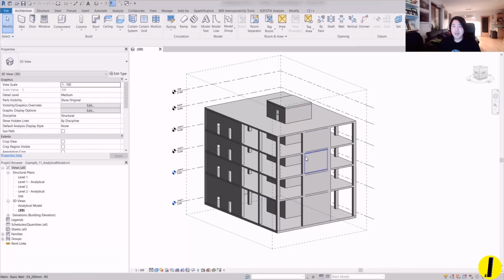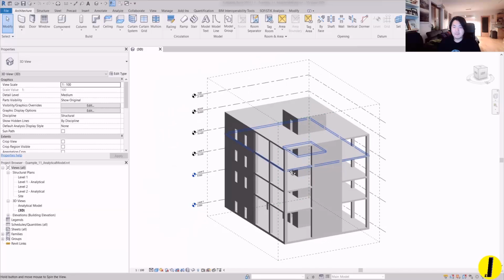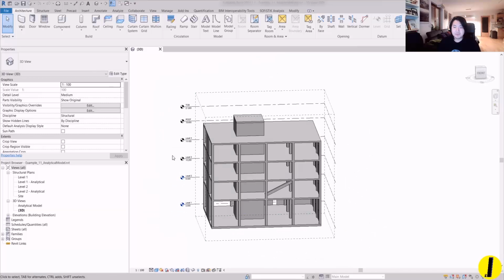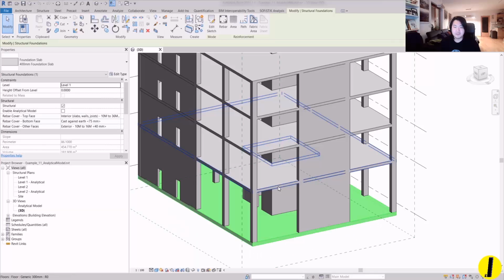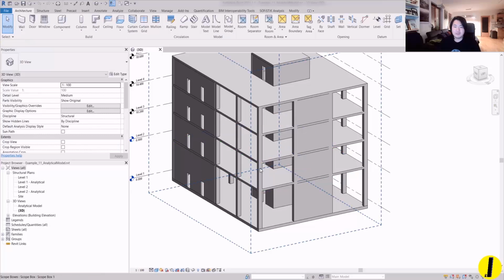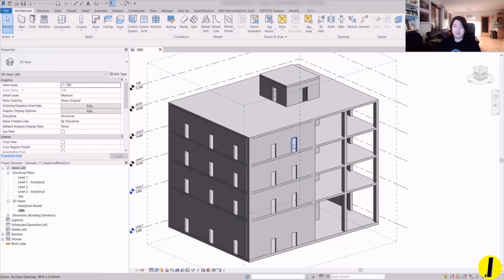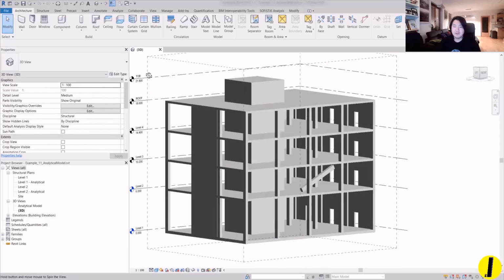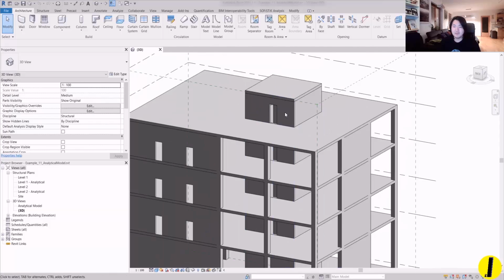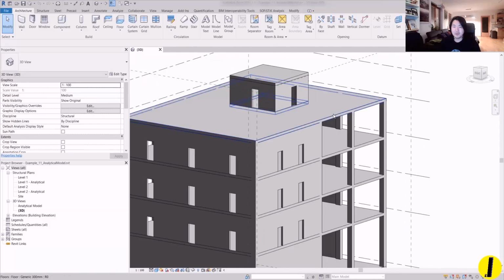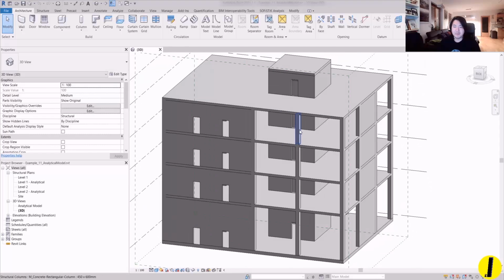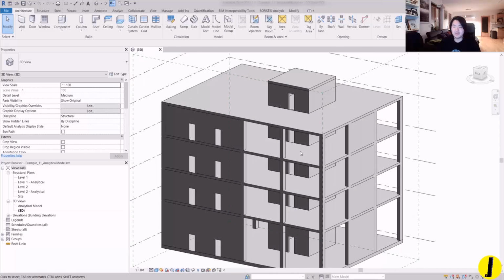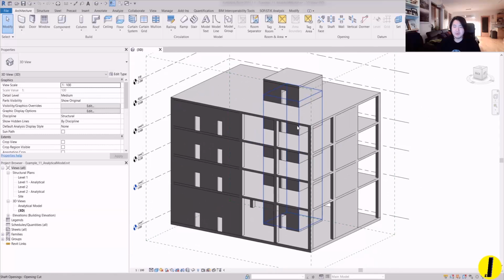Alright, here I prepared a file with really simple geometry with slabs, foundation and floor slabs, and some columns and all. We have some openings, and it's supposed to be a lift overrun, but I just drew it without any realistic dimensions. But nevertheless, we can use this model,